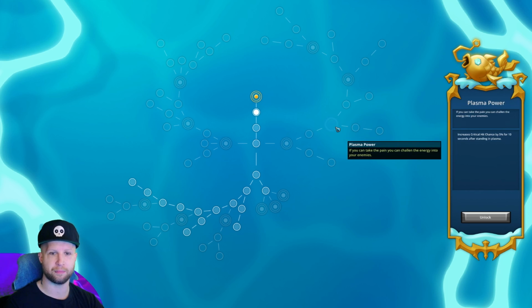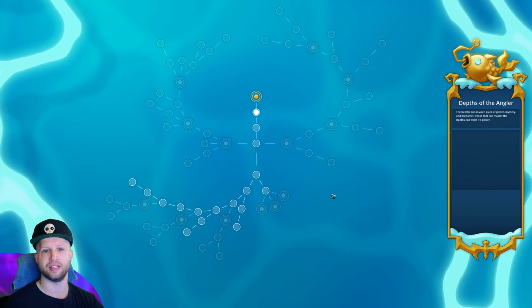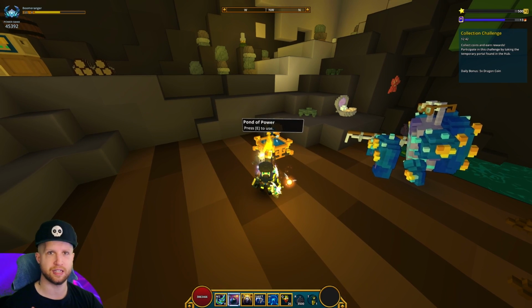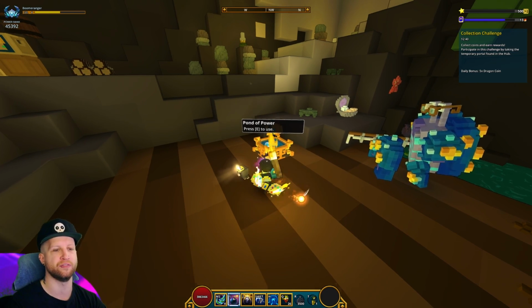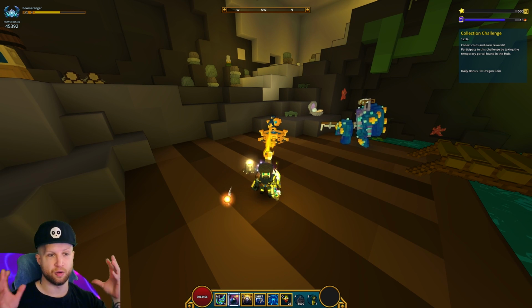Again, look at this stuff. It just grants the Capricorn dragon, increases crit hit for 10 seconds after standing in plasma, unlock the starry snail ally. It's all just going to end up being these little things. Nothing is necessarily mandatory out of this crafting table, in which case I'm not super duper disappointed, because of the fact that